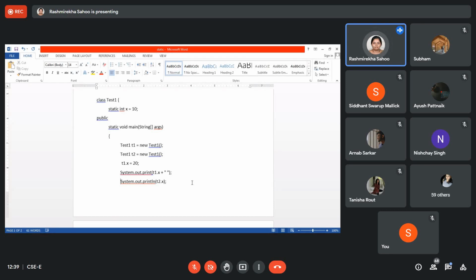Create three objects and print the registration number, name and college name for those three objects. Okay, do this simple program.